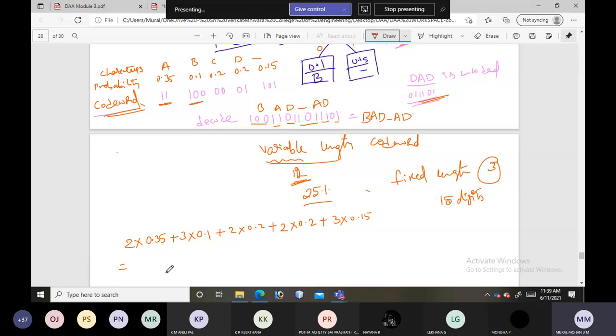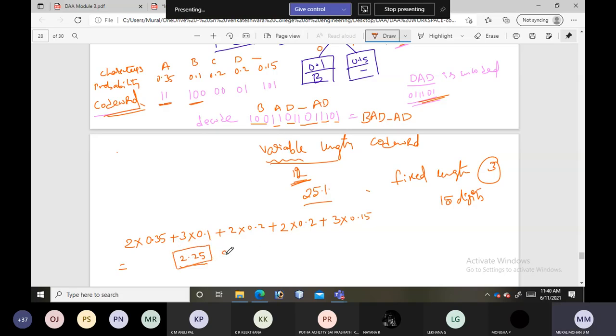This is the average number of digits it requires for these particular characters and probabilities. This is the expected number of bits per character.